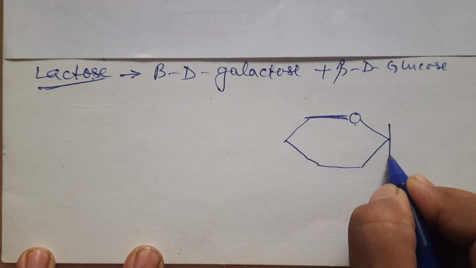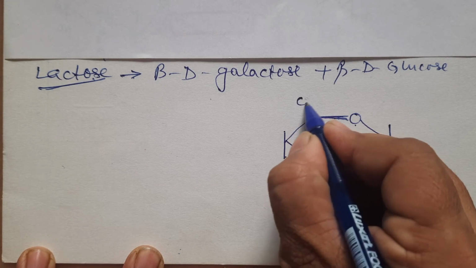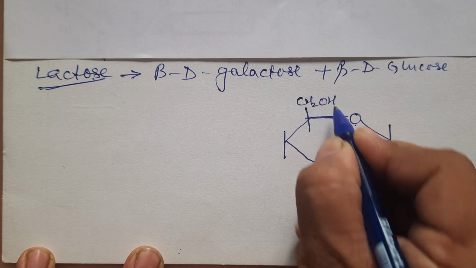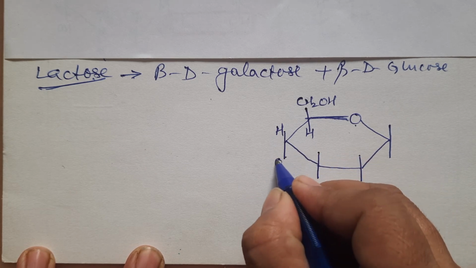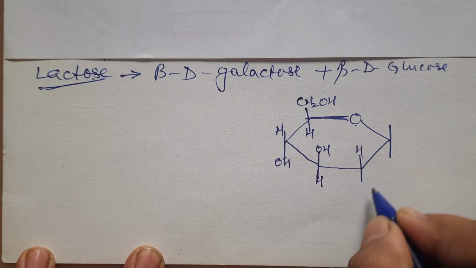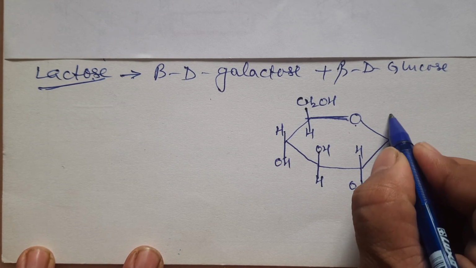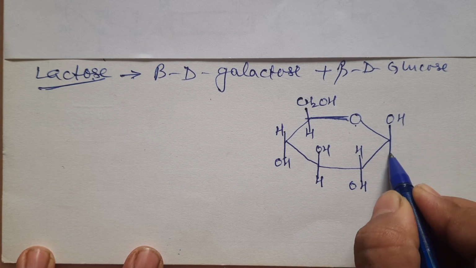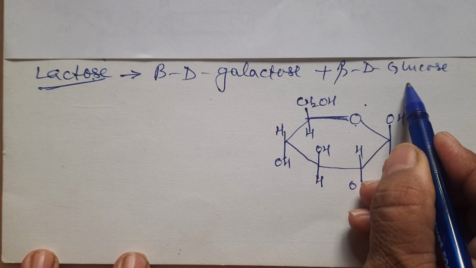This was a pyranose-like structure we are drawing, a 6-membered ring with one heteroatom oxygen. We'll draw all these as lines. This is CH2OH. We know that. This is H. This is H, OH. Third carbon atom OH is on the top. And this is OH as such. And for beta, this is OH on the top and the bottom is H. This is, children, the beta D glucose structure.